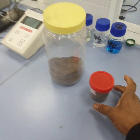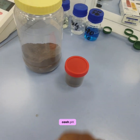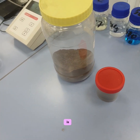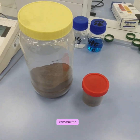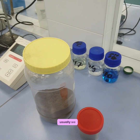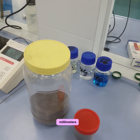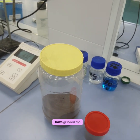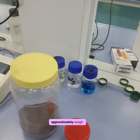So this is our solid sample. How will we find out the volcanic ash pH, or the pH of a solid sample? First of all, we have to sieve this sample in order to remove the coarser part. Usually we use a mesh size of around 2 millimeters, and this is already sieved and grinded. Using a ball mill we have ground the volcanic ash, and then we will weigh approximately 10 gram